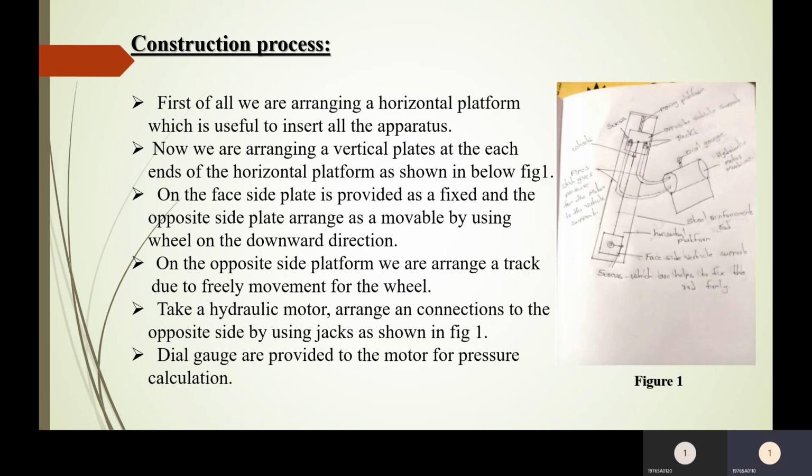Below the opposite vertical support, we provided a wheel system which moves from front to back, on a moving platform behind that vertical support. When we apply pressure, it travels through the pipes and acts on the opposite vertical support, and the opposite vertical support moves along the moving platform. So by this process the tensile stress is applied on it.